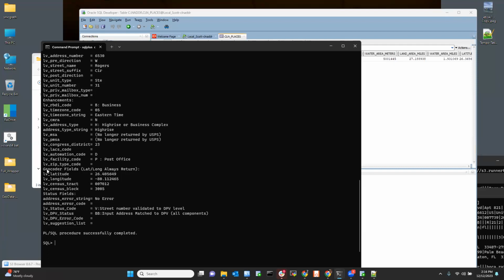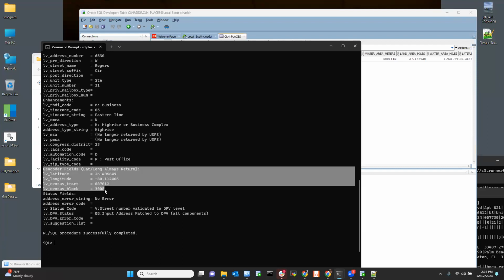And if you have geocoder enabled, you will also get the census tract, census block, latitude and longitude. Geocoder is another premium package similar to GeoData that you can get.